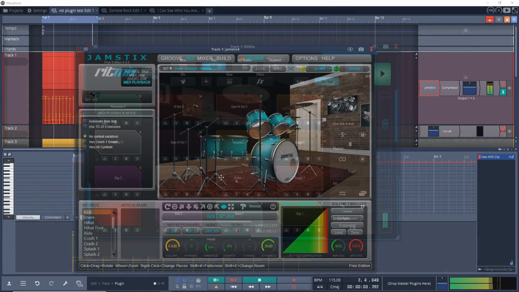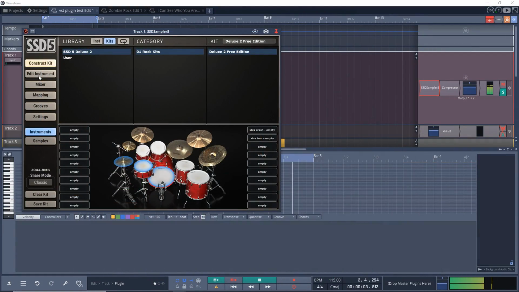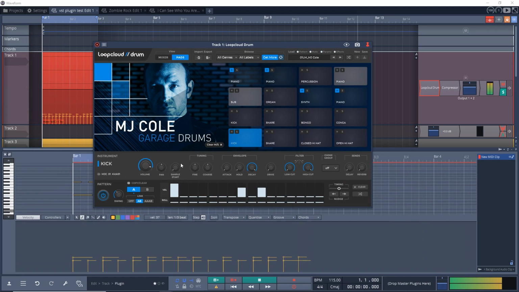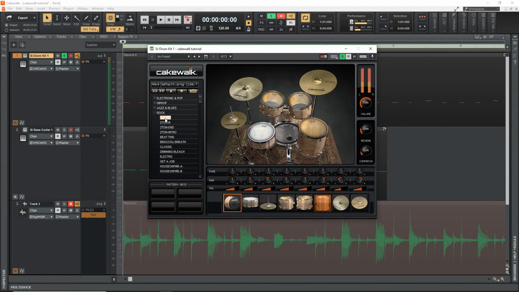No drummer? No problem. Find the perfect drum sound for your tracks in this list of 20 of the best drum VST plugins. And to make it better, these are the best free VST plugins for drums, so you won't need to spend anything to get great drums for your tracks.